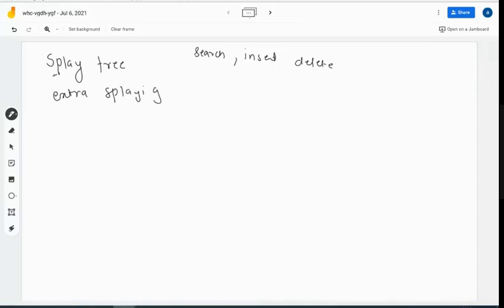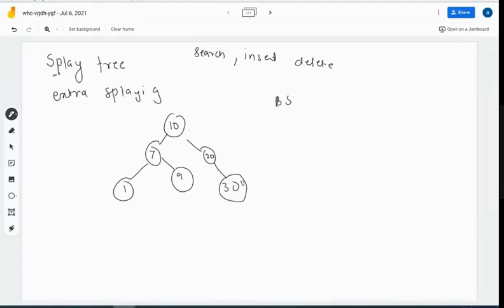Now what exactly is splaying is that, for example, if you have this tree 10, 7, 1, 9, 20, and 30. So if I have to search an element, say 7, then what will happen in a normal binary search tree is that it will move towards the left, and then further it will move towards the left.